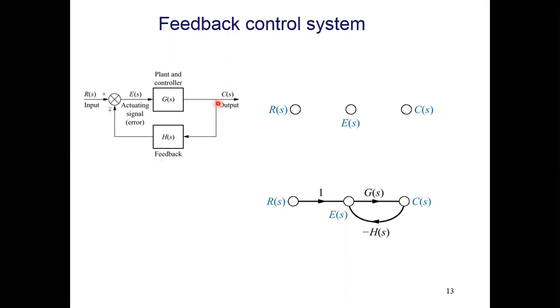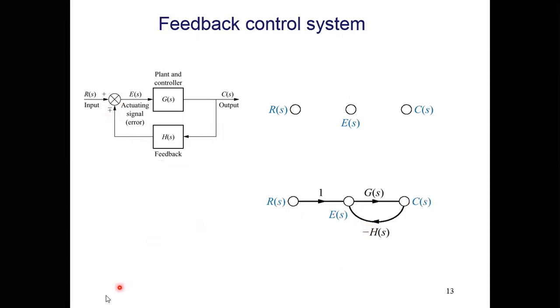From C of S, here we can write a signal. We can name it V1 of S, or any variable. Instead of one step we can solve this in 2 steps, but we have simplified by presenting both the feedback sign and the system. From C of S to E of S, H of S and the sign, we have combined these. Instead of 2 steps we have solved it in 1 step only, so minus H of S.